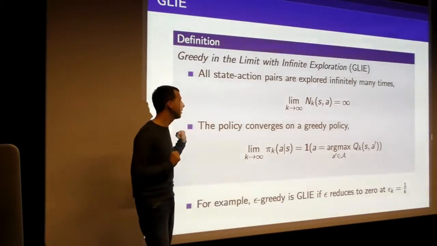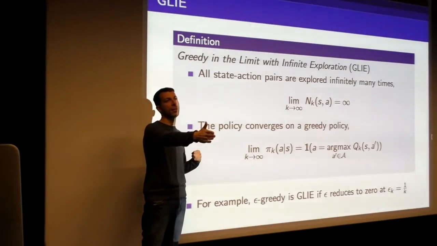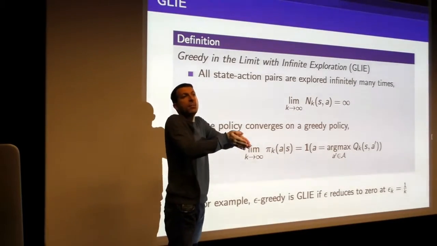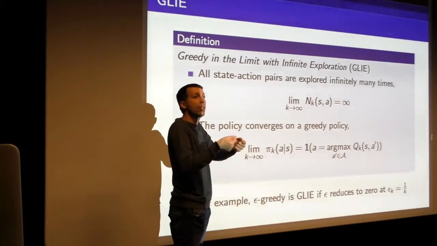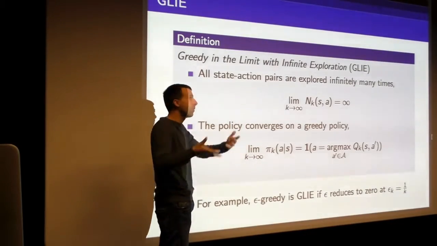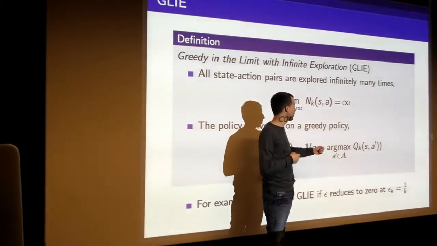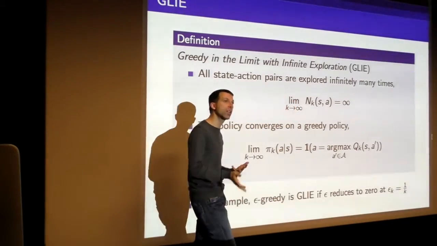And the second property is that we want to make sure that the policy eventually becomes greedy. It needs to become greedy because we need this to satisfy the Bellman equation. The Bellman optimality equation basically requires a max in there, not just some soft thing. We want to make sure that eventually we're acting greedily with respect to Q, really taking the max, or the argmax, of our Q values.